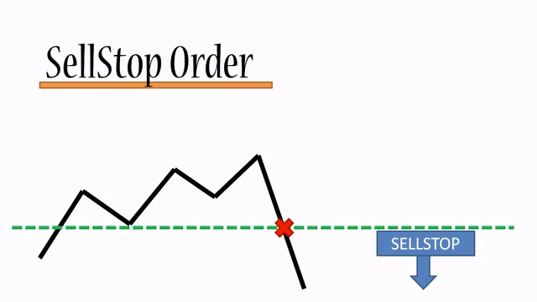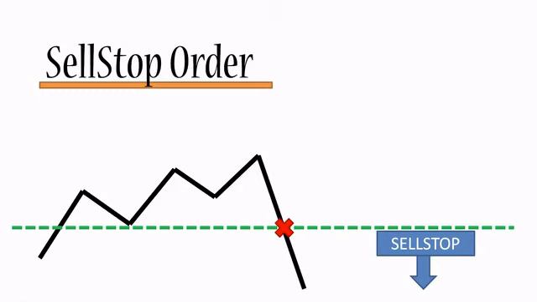The other thing is that if that doesn't happen, for example, in this image that we have in front of us, if the price were to keep going upwards, then you would never enter the market with a sell order, because the price wouldn't have crossed this green line and wouldn't have triggered the sell order. So it's a very convenient way to save your time